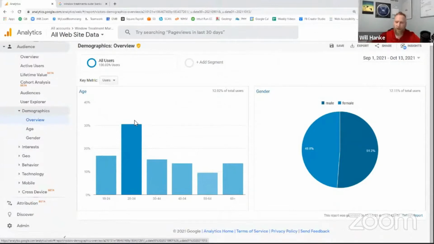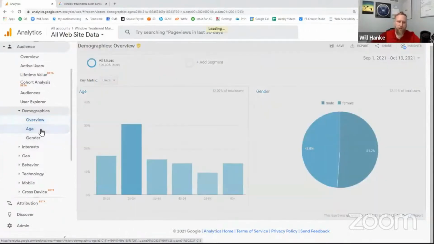But we've had ours on for a couple of years, so we've got some really good information here, right? Most of users for us, 30% of users are between the ages of 25 and 34. We can also see male versus female. I'm always surprised by this because I tend to think window treatment companies are predominantly female, and that's not always the case. But anyway, some generic information here around users, and then of course you can drill down